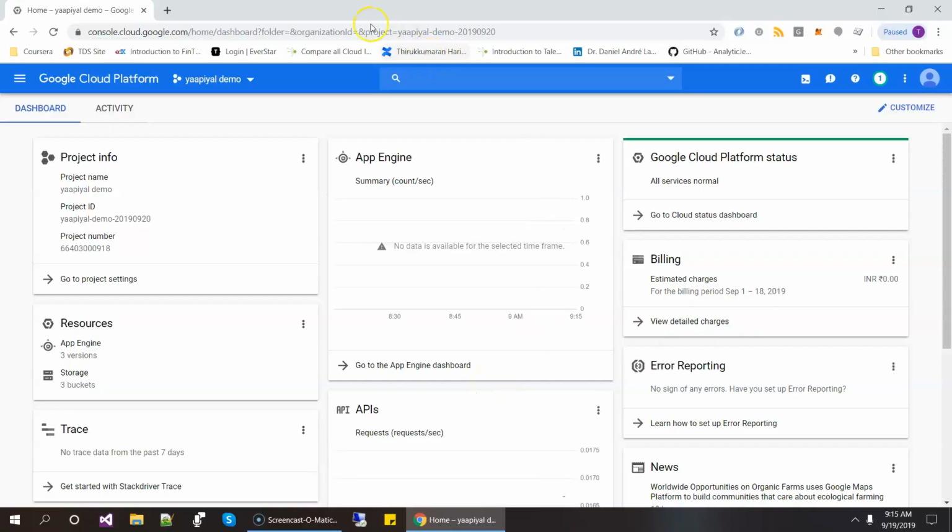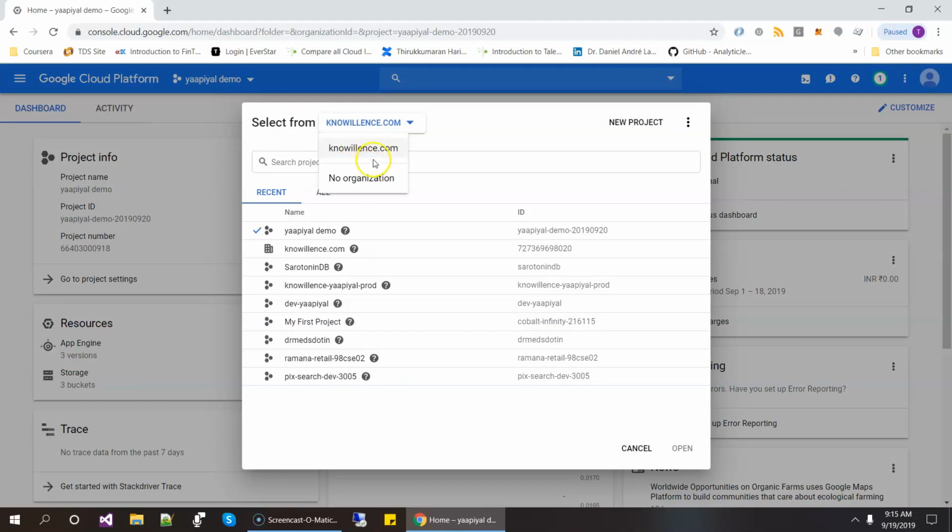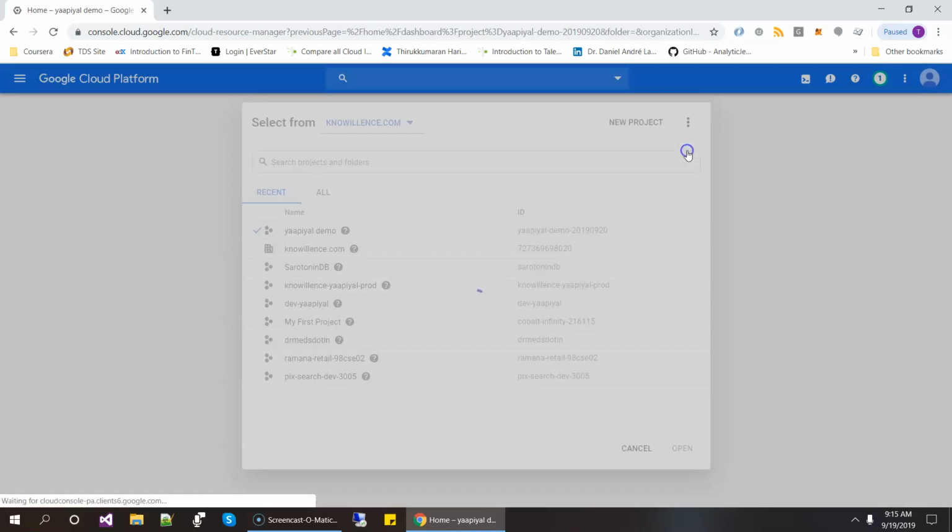So once you log into the Google Cloud console, on the top you can click on it to see the list of projects, and in this drop down you can see what organizations you have. This organization comes from G Suite. I use G Suite for my email, and the domain is also from G Suite, Google. So it created an organization for this domain, and then if you click here, click Manage Resources,